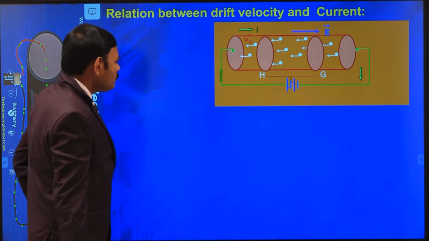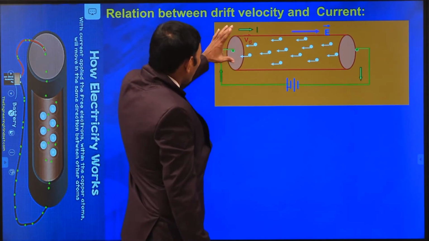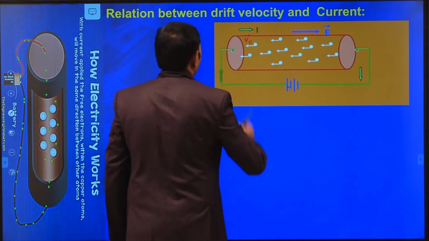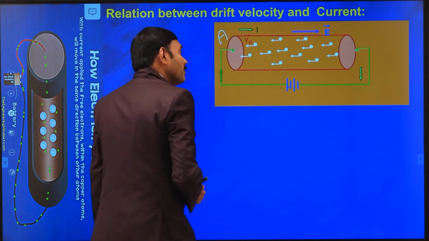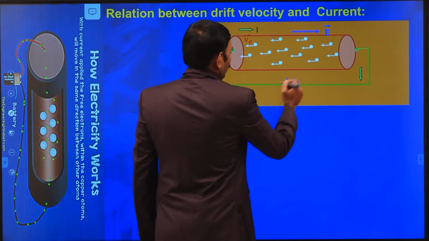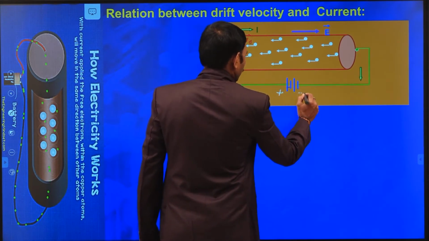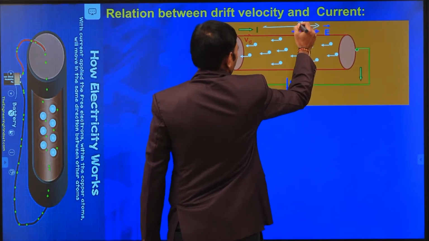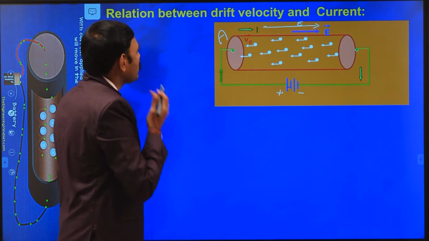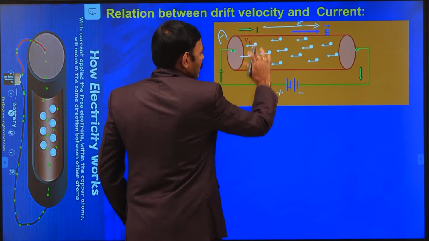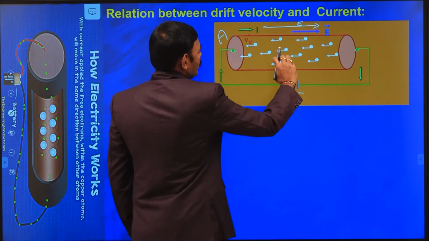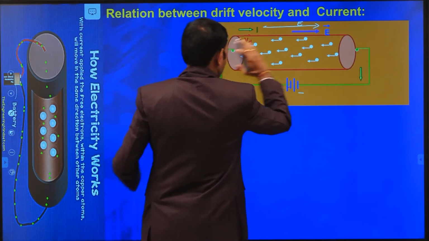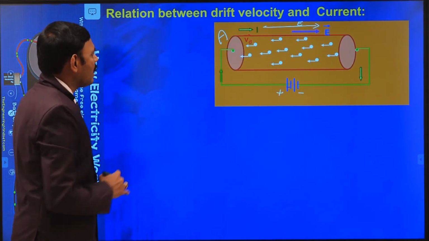So here, students, let us consider a conductor having area of cross section A. Let A be the area of cross section of the conductor, students. Already we discussed it. We apply an electric field. This is the positive terminal and this is the negative terminal of the battery, so that this is the direction of electric field E. E is the direction of electric field from positive to negative terminal. The white dots indicate the electrons inside the conductor. In the presence of electric field, they travel opposite to the direction of the electric field. Let them be traveling now from the right side to the left side of the conductor with velocity Vd.